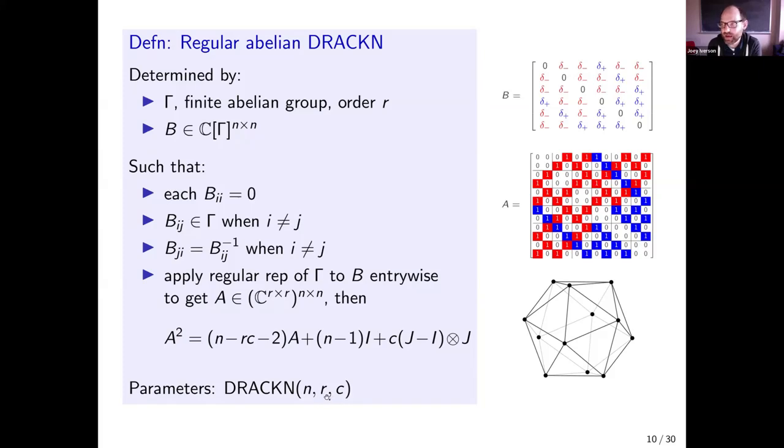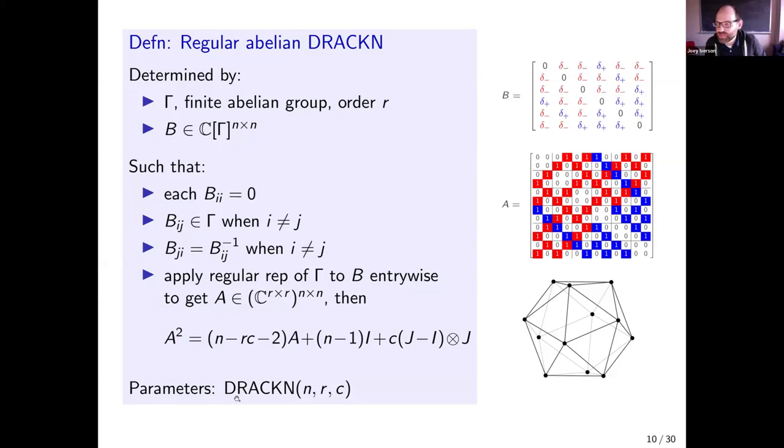So I'll talk about an NRC DRACKN. N is the number of rows and columns I had here. R is the order of my abelian group, and then C records this parameter. And nowhere on a slide did I even say what this stands for. You could take this as a definition of some other object, but really the deal is that this graph